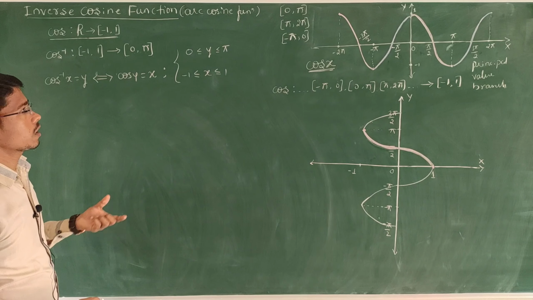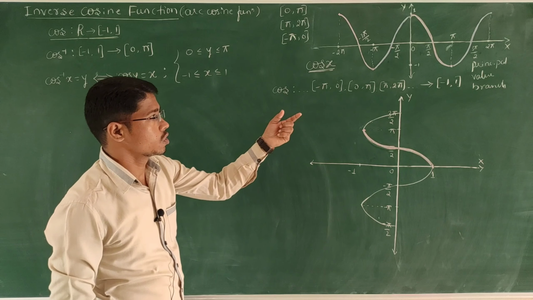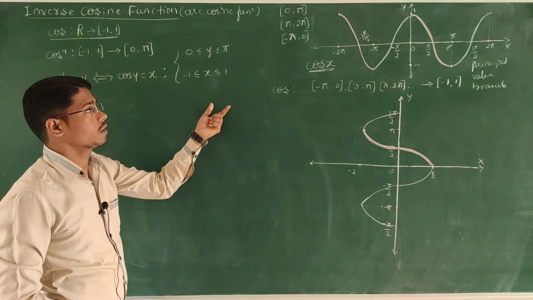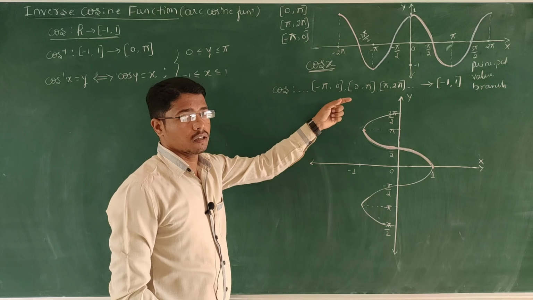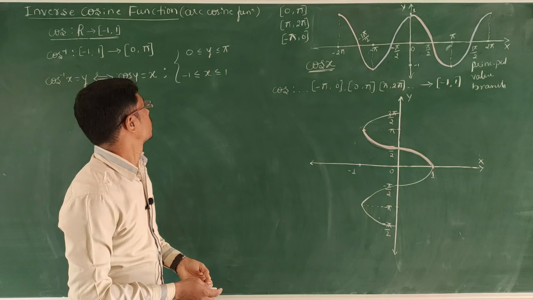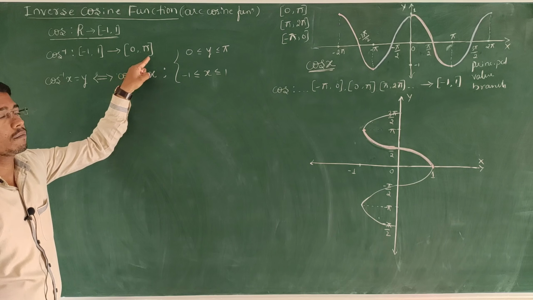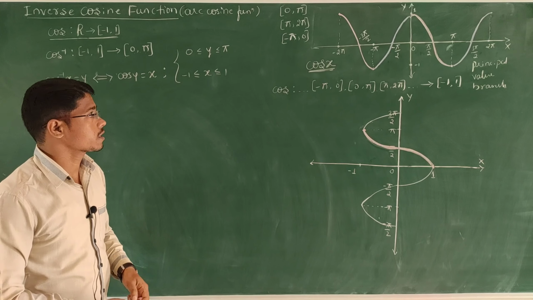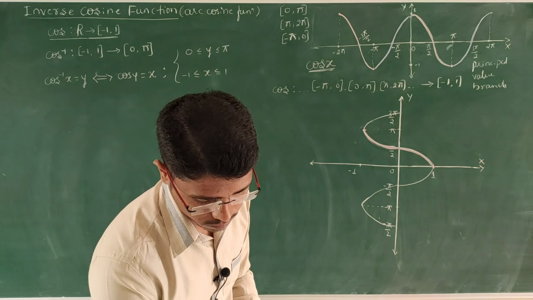So this is about the inverse cosine function. This 0 comma pi is the principal value branch. Keep that in mind, it is very important. Apart from 0 comma pi, cos is invertible in other intervals also. Therefore, cos inverse is from the closed interval minus 1 comma 1 to 0 comma pi. So we may write it like this also. Let us see some examples on the cos inverse function.